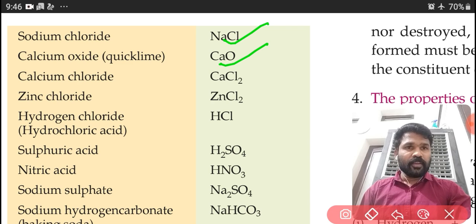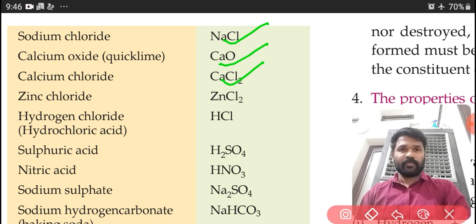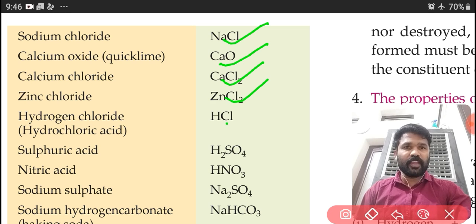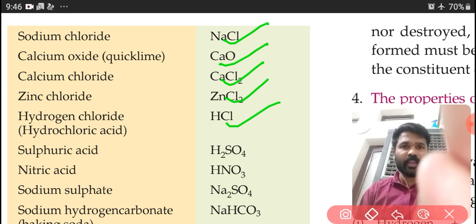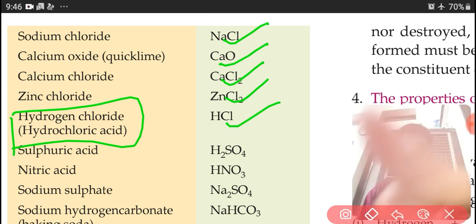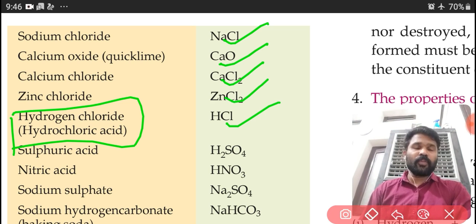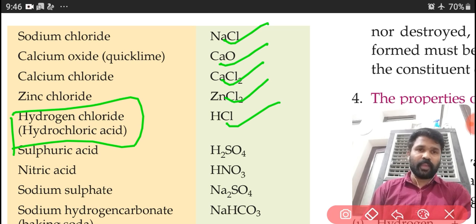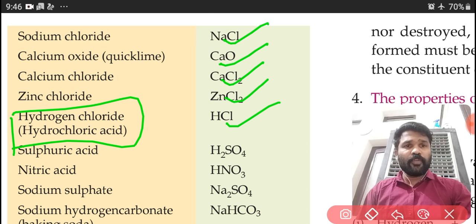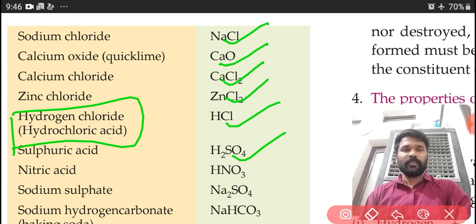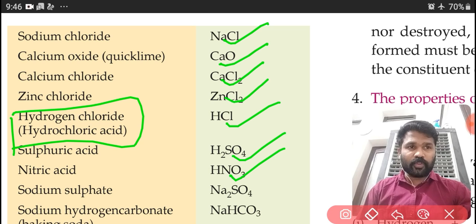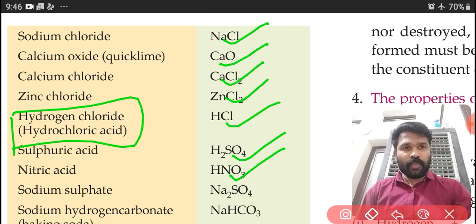Calcium chloride, CaCl2, zinc chloride, ZnCl2, hydrogen chloride, HCl. Hydrogen chloride can also be called hydrochloric acid; these both are the same. Now sulfuric acid H2SO4, nitric acid HNO3, sodium sulfate Na2SO4,